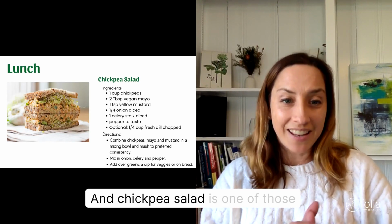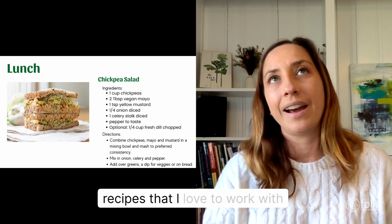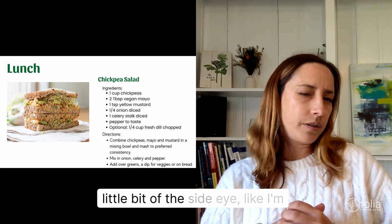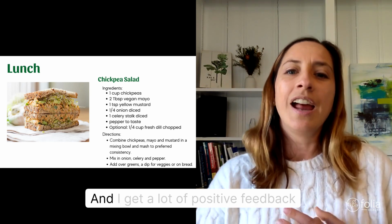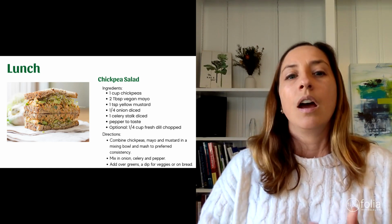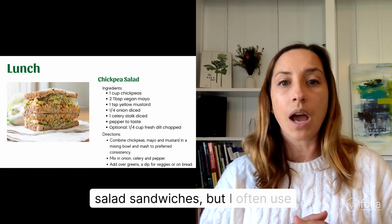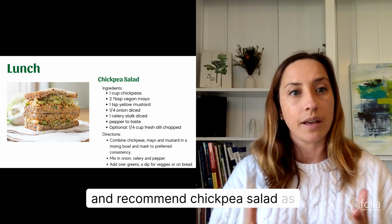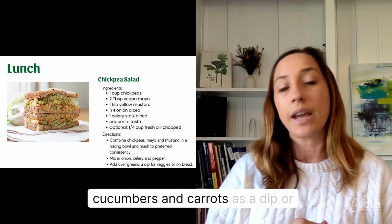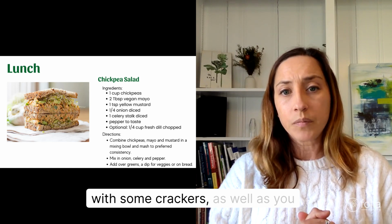And chickpea salad is one of those recipes that I love to work with people on because I usually get a little bit of the side eye, like I'm not quite too sure. And I get a lot of positive feedback from my patients. The picture shows this as chickpea salad sandwiches, but I often use and recommend chickpea salad paired with celery and peppers and cucumbers and carrots as a dip,